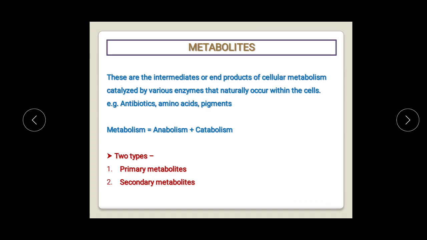So anabolism plus catabolism. Anabolism means synthesis and catabolism means breakdown, and together they constitute the metabolism. And within that metabolism, the large network of metabolic reactions is present, and they produce the metabolites. These metabolites can be broadly classified into two types: primary metabolites and secondary metabolites. As the name suggests, primary metabolites,